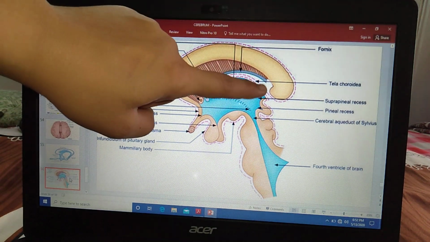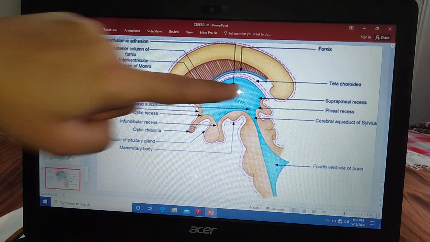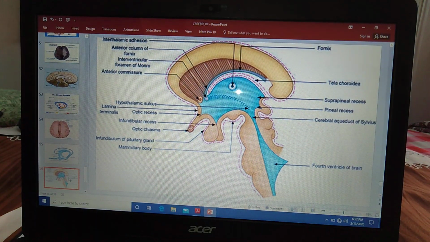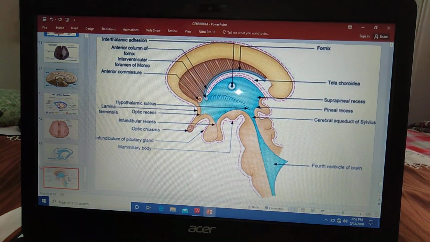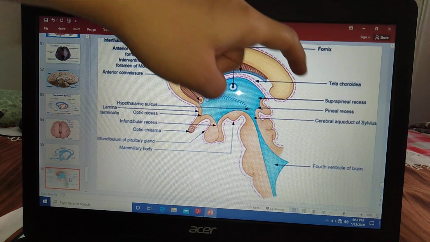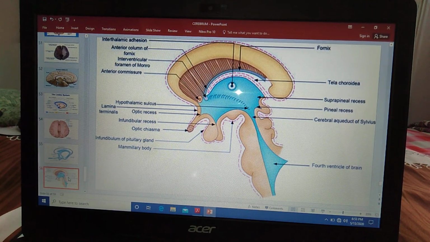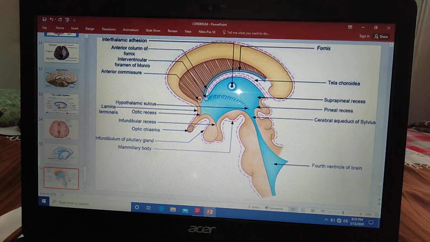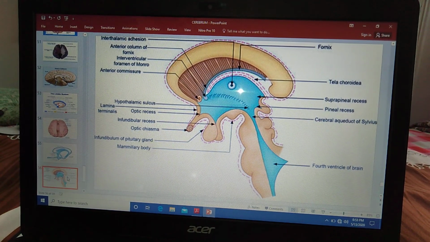Then this is the thalamus, and the posterior part of the thalamus is called the pulvinar. So the pulvinar will come in the relation again: pulvinar, pineal body and the tectum of the midbrain. The superior surface is related to the inferior sagittal sinus and the falx cerebri. Posteriorly, it is related to the great cerebral vein and straight sinus and the free margin of the tentorium cerebelli. So these are the relations of the splenium. This is about the different parts of the corpus callosum.